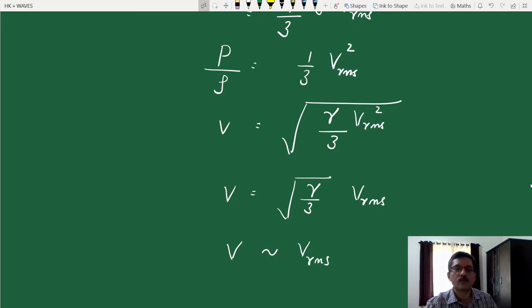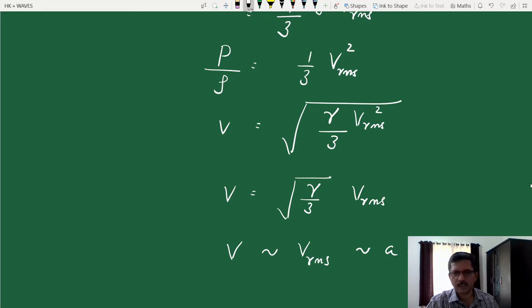Root mean square speed is very close to the average speed, and this is justifiable because in a gas column the propagation of a wave is possible. It's a longitudinal wave, right? So it is propagating by compressions and rarefactions. So propagation of a wave is possible by the physical motion of the particles of the medium. So it is natural that this wave speed is of the order of the RMS speed of particles of the medium, and this is of the order of a few hundred meters per second. That is the typical root mean square speed or average speed of gas molecules.